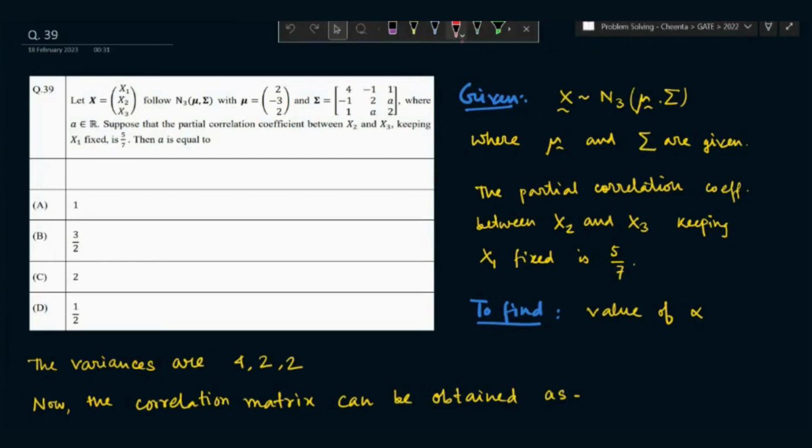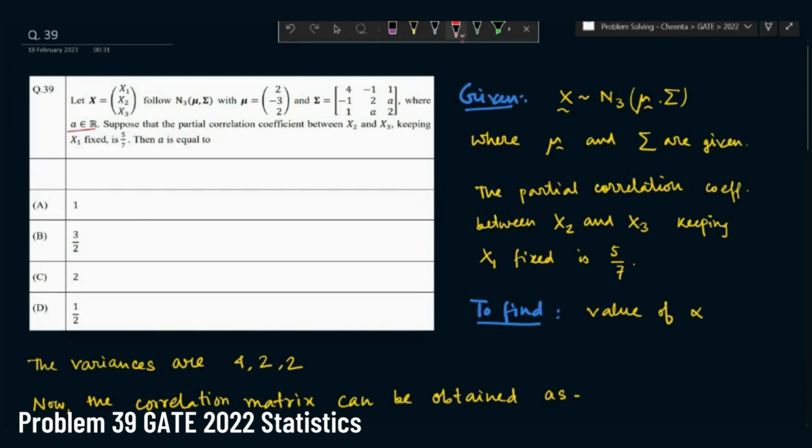Today we are going to solve problem number 39 of the GATE 2022 statistics paper. The problem says that X is a random vector of order 3. It follows Normal(mu, Sigma), where mu is (2, -3, 2) and Sigma is the covariance matrix of X, and A belongs to the real numbers. Given that the partial correlation coefficient between x2 and x3, keeping x1 fixed, is 5/7,